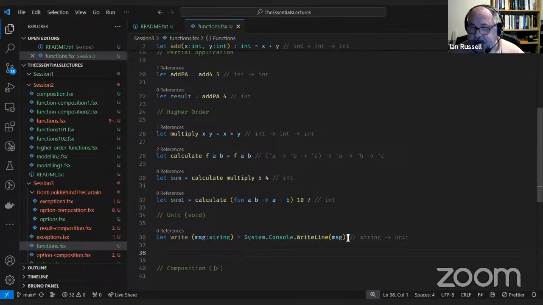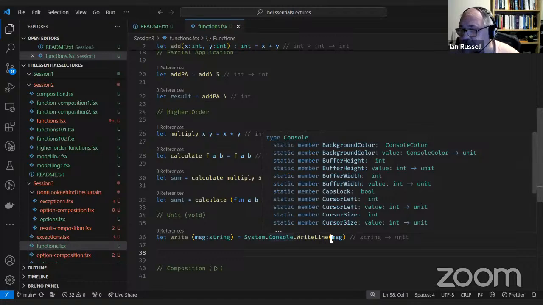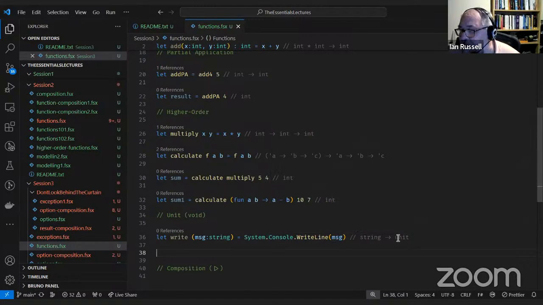What else can we do? So you'll notice there, this is unit. System.Console.WriteLine doesn't return anything, but what it actually returns is unit. So it is actually returning a value.